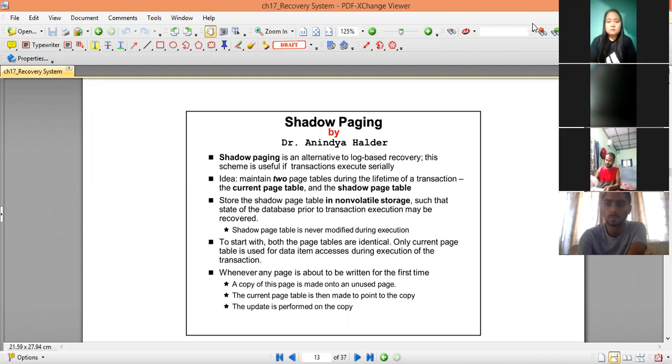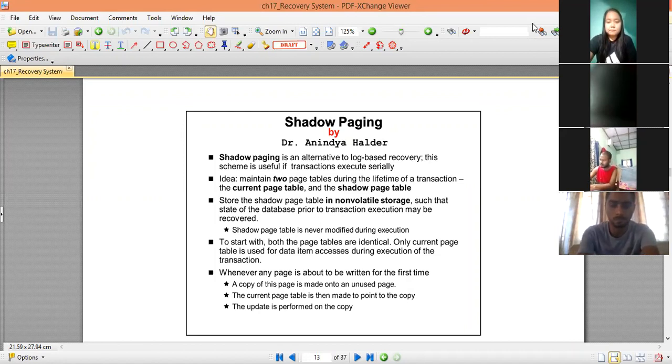In the previous cases, like in log-based recovery mechanisms, as you have seen, they involve some undoing and redoing operations to be performed. And that undoing and redoing may often be costly operations.